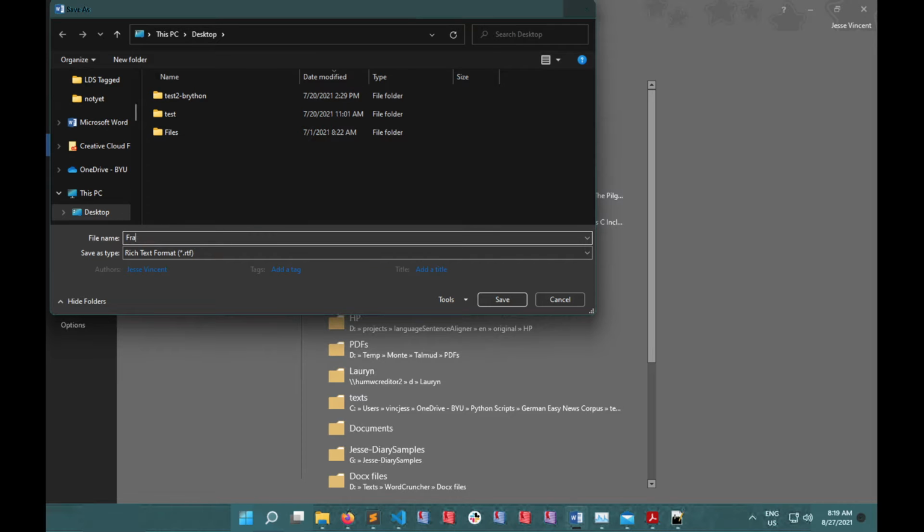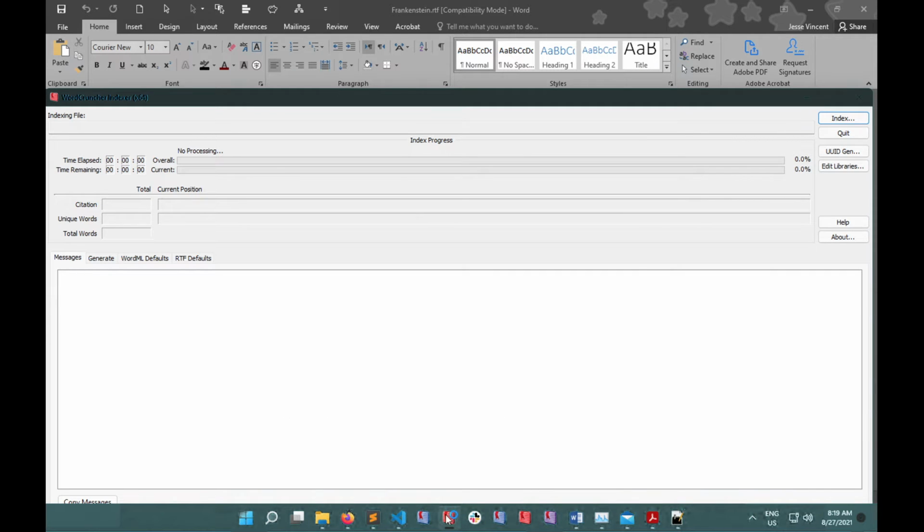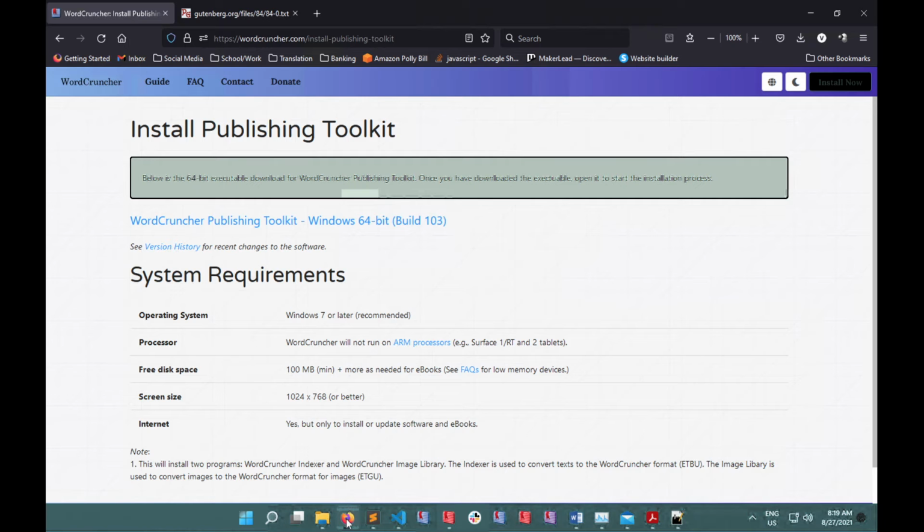Alright, I'm just going to give this the name Frankenstein to make it a little shorter, and I'll save it. Now you'll notice I've got WordCruncher indexer down here on the bottom. If you don't have the WordCruncher indexer already, you can download it from wordcruncher.com/install publishing toolkit. This is a separate piece of software from the WordCruncher viewer that's designed to convert the files like RTF and Word XML 2003 or text files into a WordCruncher